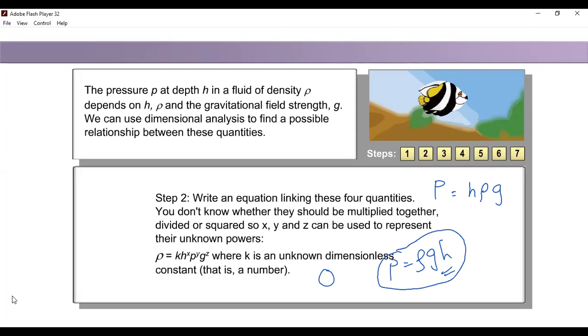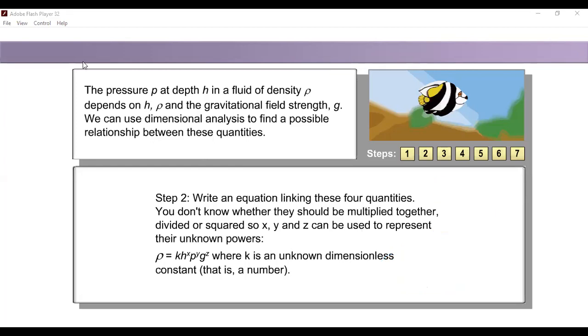Okay, starting step 2. Okay, just now who asked? Okay, Jia Wei. Jia Wei, the question said that the equation of P, the pressure, is related to h, rho, and g. But how is the equation? We don't know. So how are they related? We don't know. So what we need to write is